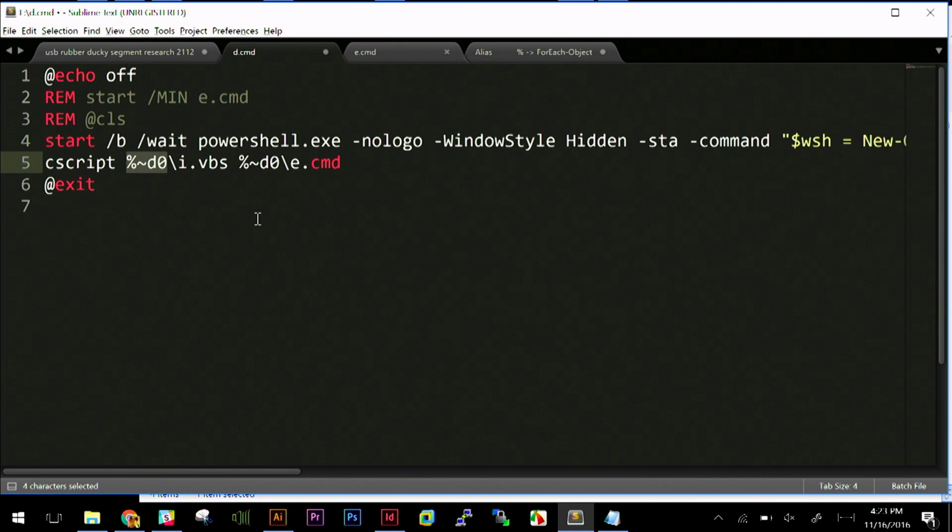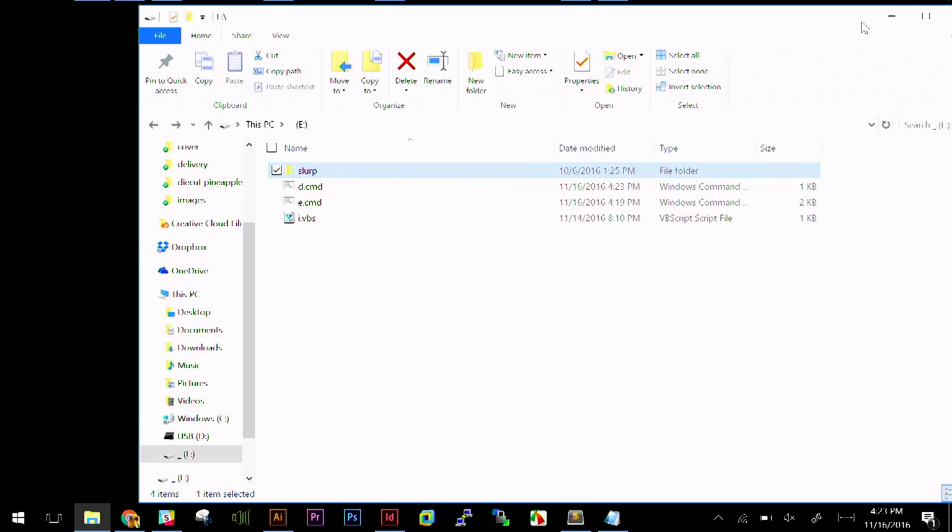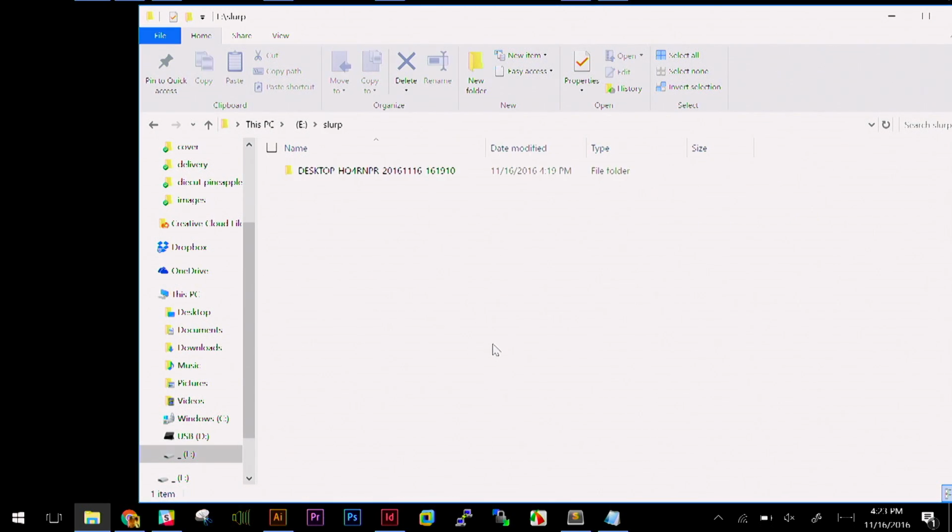Hey, C script, go do, in this case, the drive letter that this batch file is residing on, which is for me E, but for you will be different, maybe. Backslash i.vbs, and then pass it, again, this was the equivalent of e:\/e.cmd. Right. So now that those files are saved, let me go ahead and go into my slurp directory